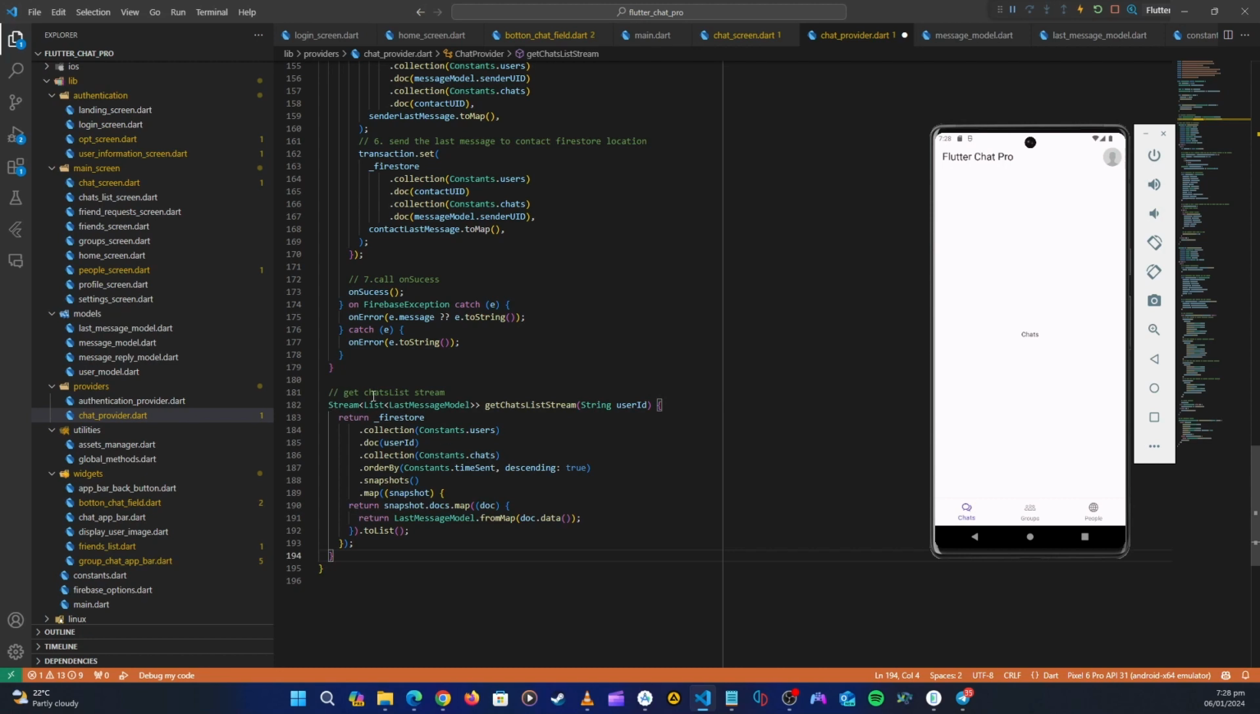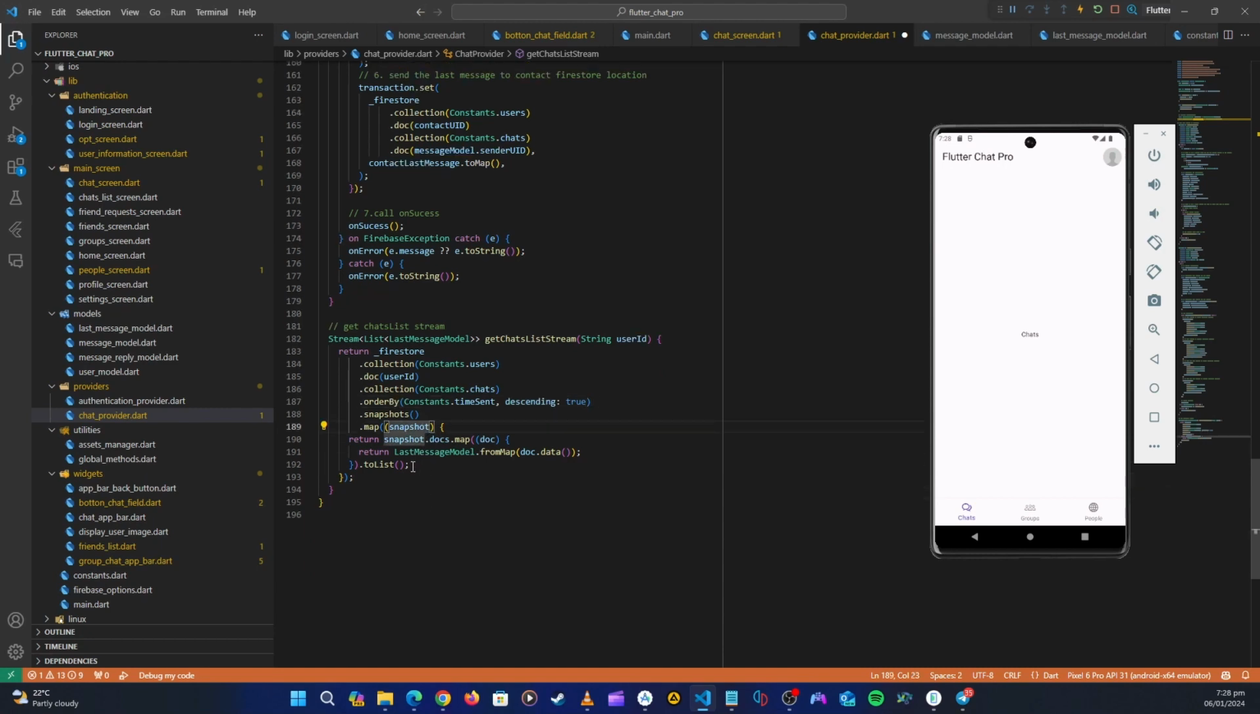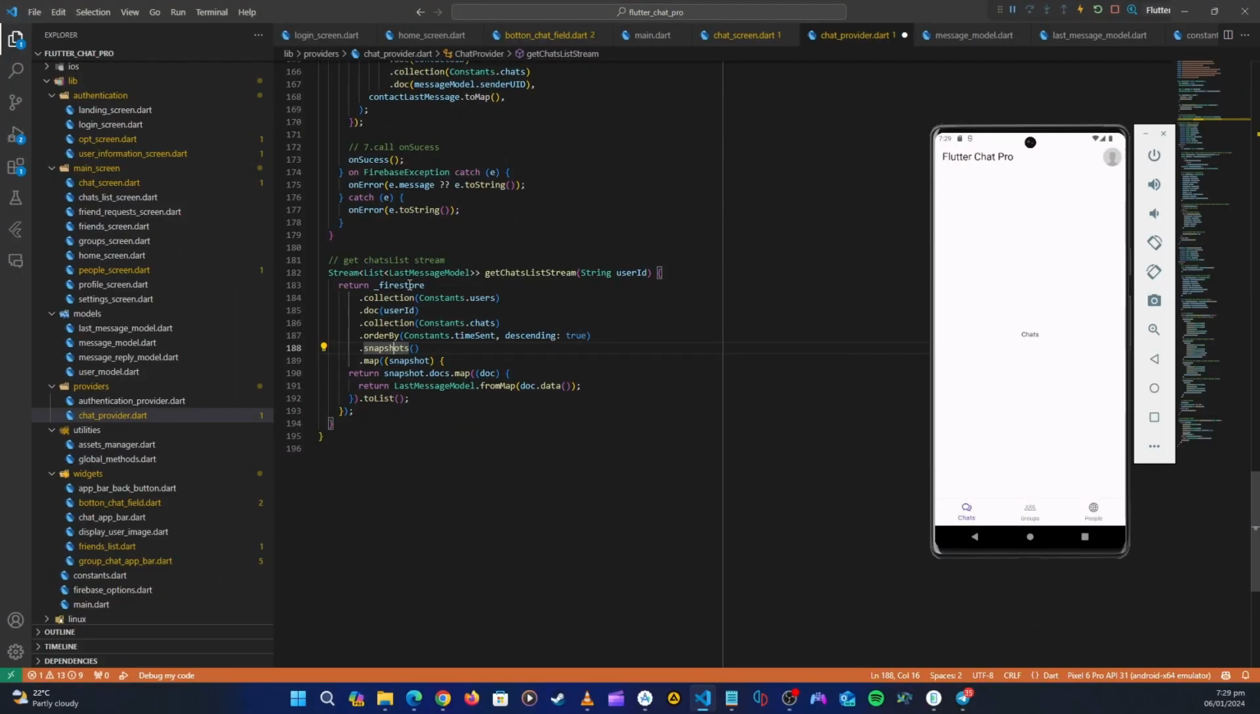Okay, this looks about fine. It's getting a list of last message and then get chat list stream. It's sending it with a user ID. So inside the Firestore we are getting in our collection, in the user ID, and then inside charts, and then we are ordering these by the time sent with a descending to true. And then the snapshots, we are going to get that snapshot and then return the last message data to map, and then we are going to add them to list. Okay, so once we get this stream of charts, we are going to get a stream builder inside the chat